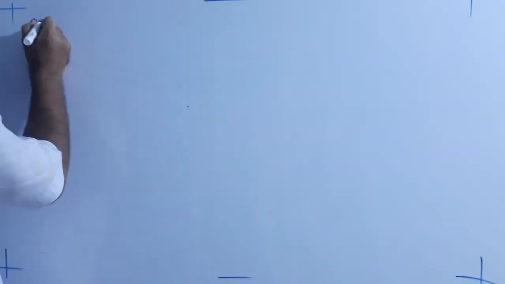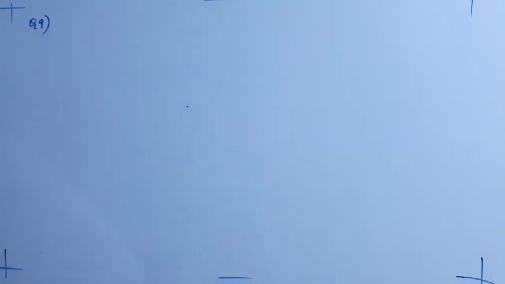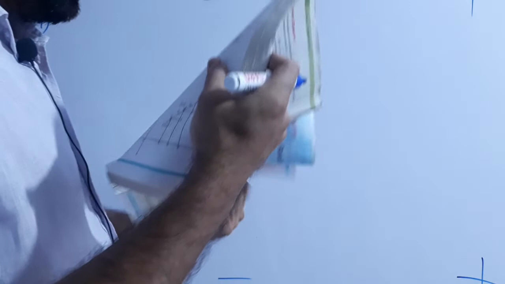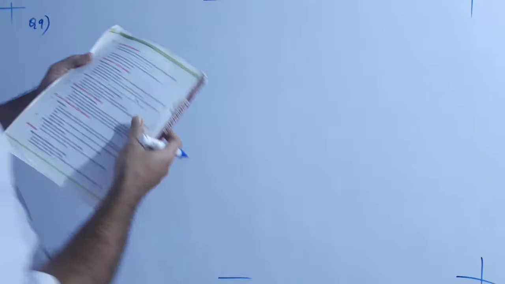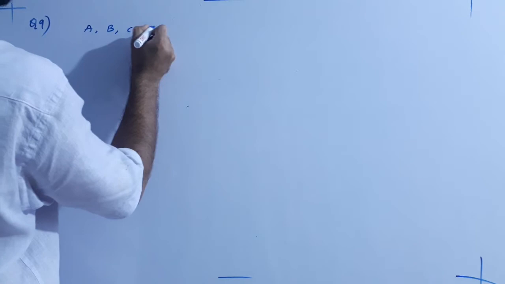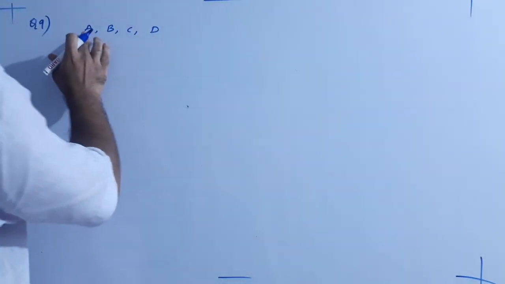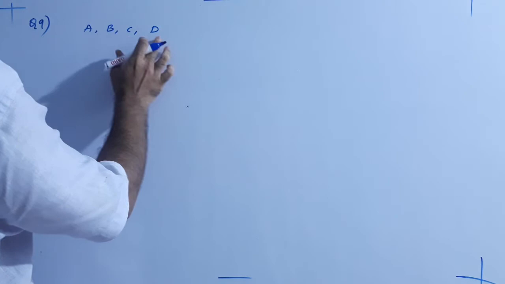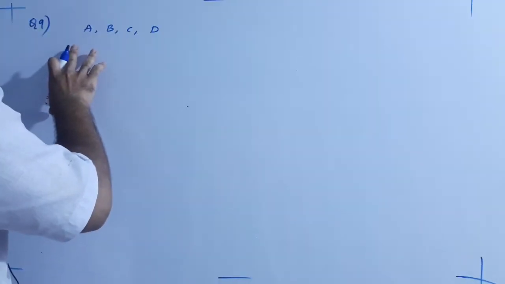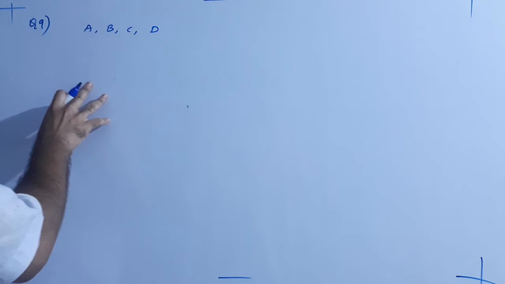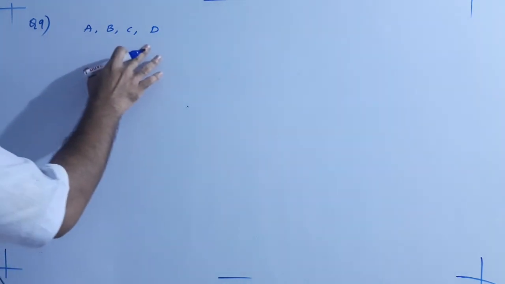We will be continuing today with question number 9 of exercise 7.1. Name the type of quadrilateral formed, if any, by the following points and give reasons for your answer. We have points A, B, C and D. Now a quadrilateral is formed if all the points are joined. From this data we are supposed to find which type of quadrilateral it is.